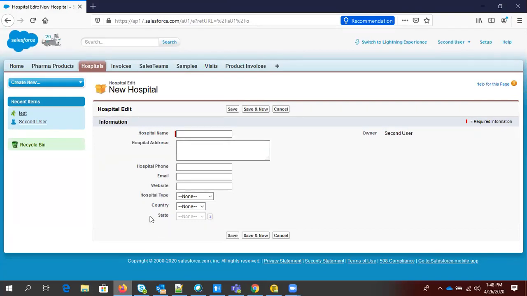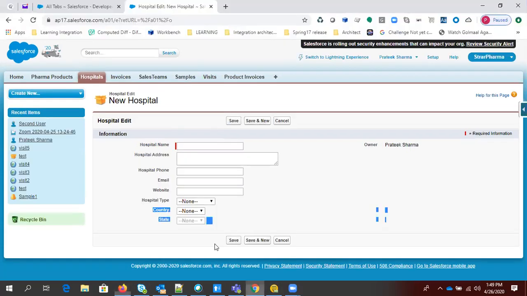So guys, there are two ways to remove the access from here. One way is you can remove these two fields from the page layout, right? But the same page layout is accessed by both users. So if I remove it from the page layout, both users will not have access to it. Either we have to create another page layout and manage it based on the profile. But right now we have not discussed record types, so I'm just leaving that part.